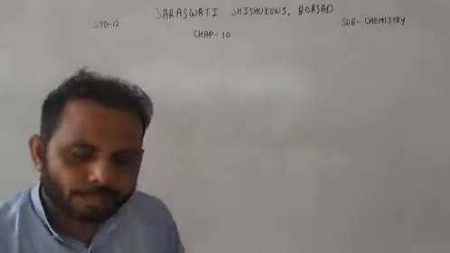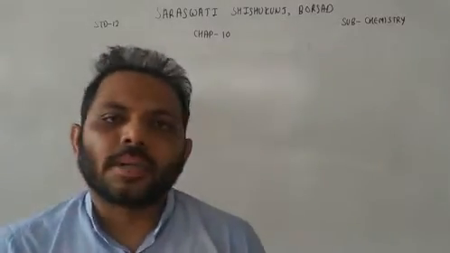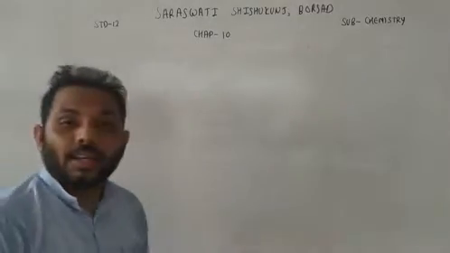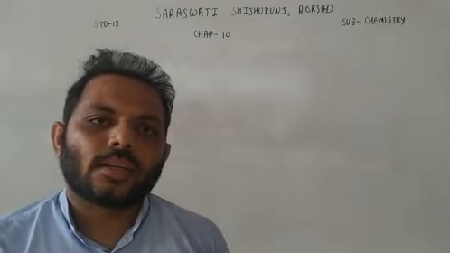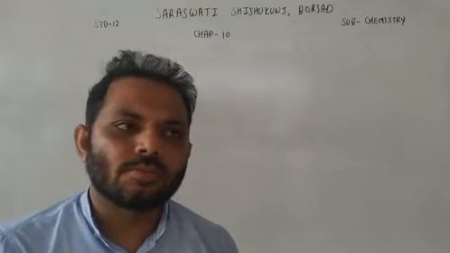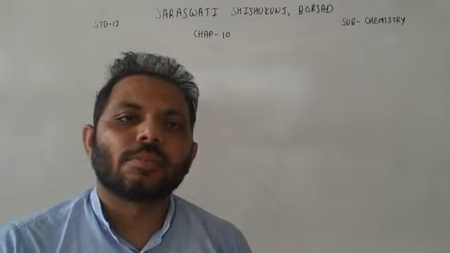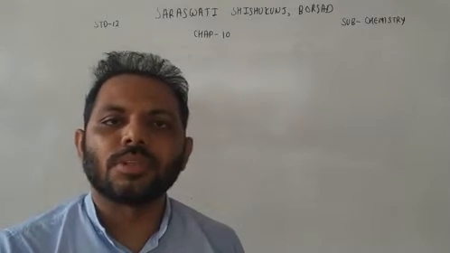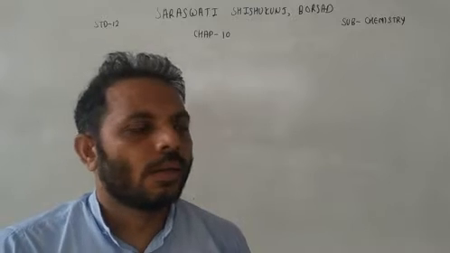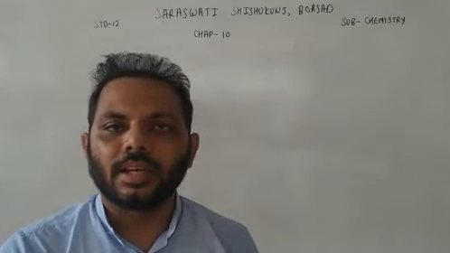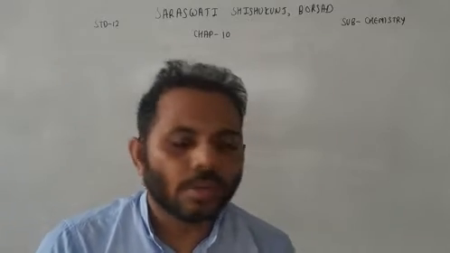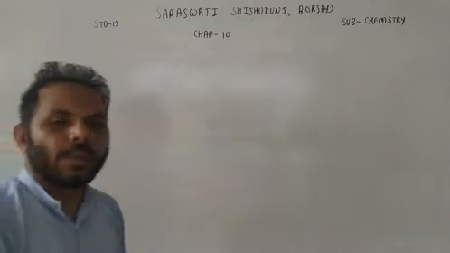Hello students. So we have started chapter number 10, haloalkanes and haloarenes. We have covered topics like preparation of haloalkanes. We have seen nomenclature and physical properties. We have also seen SN1 and SN2 reactions. We have also seen stereochemistry, right? Optical activity and chirality. Today we are going to discuss one new topic.